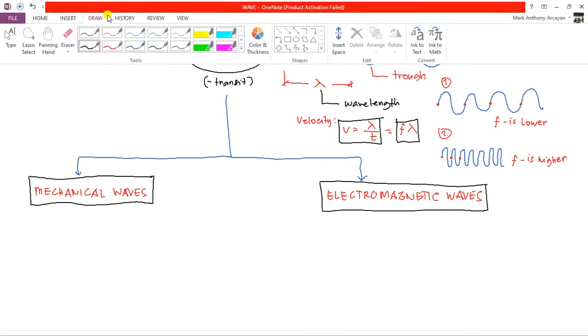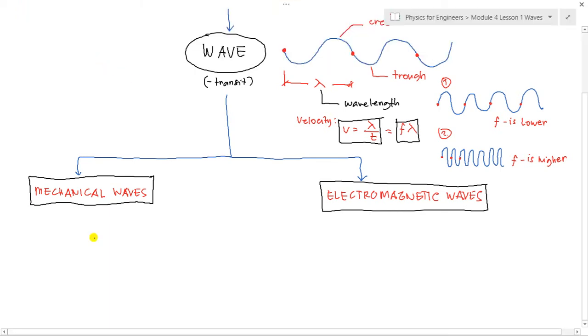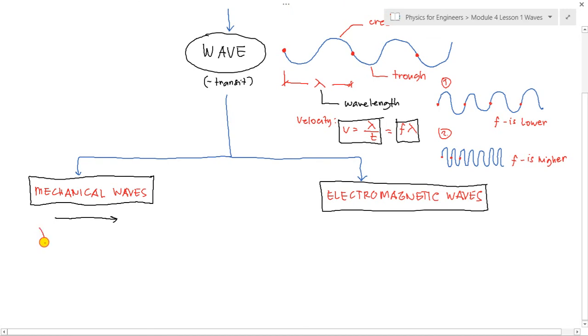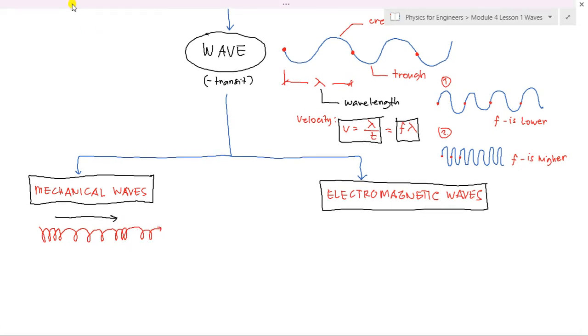First, the mechanical waves. As for the visualization of the mechanical wave class, its form is parallel to the direction in which it is heading. Let's say this is the direction of our mechanical waves, as represented by this black arrow. Now the form of the mechanical wave is parallel to its movement. So let's say this portion is compressed, then there is a portion where the waves are far apart, then compressed again, and then apart again along the direction. As you notice, the mechanical wave is composed of compressed parts, which we call compression,